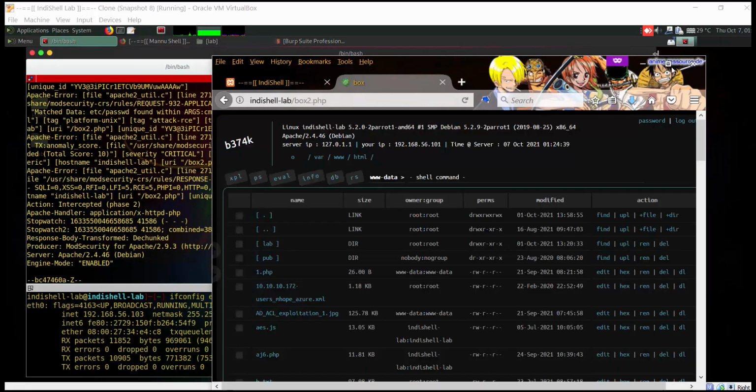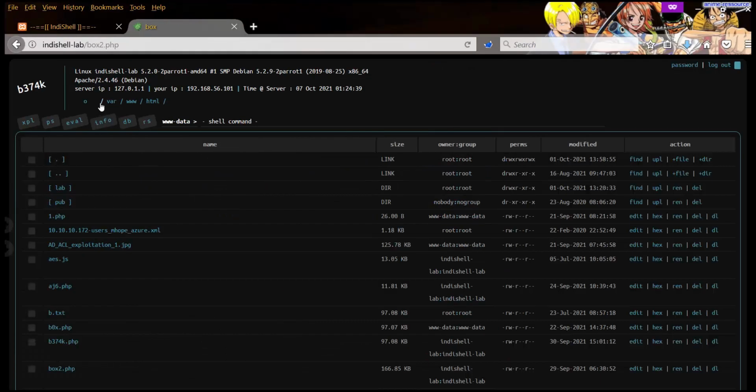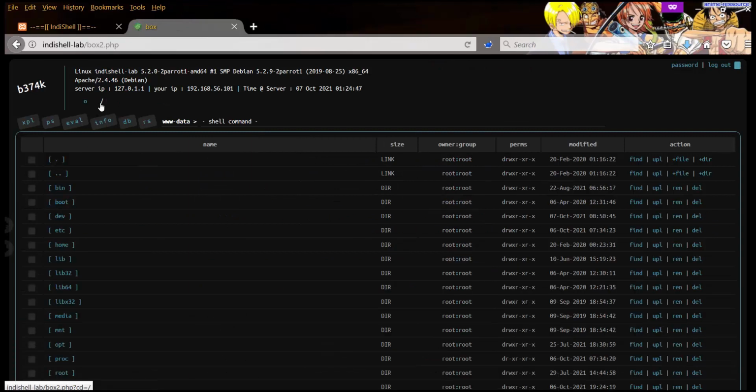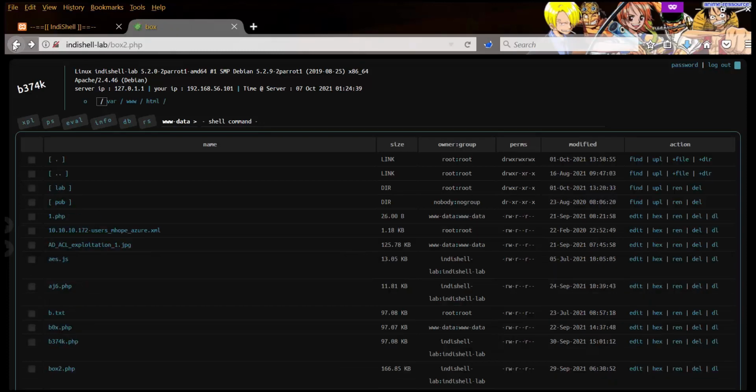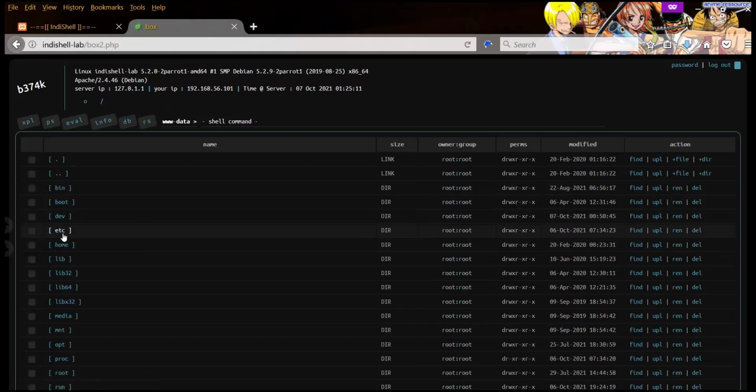Access files such as /etc/apache2. Let's try to browse a file from the etc directory. Let's say we are just jumping to the etc directory.